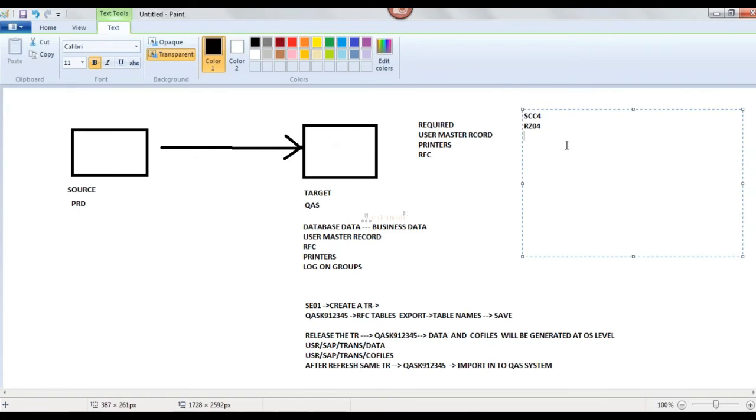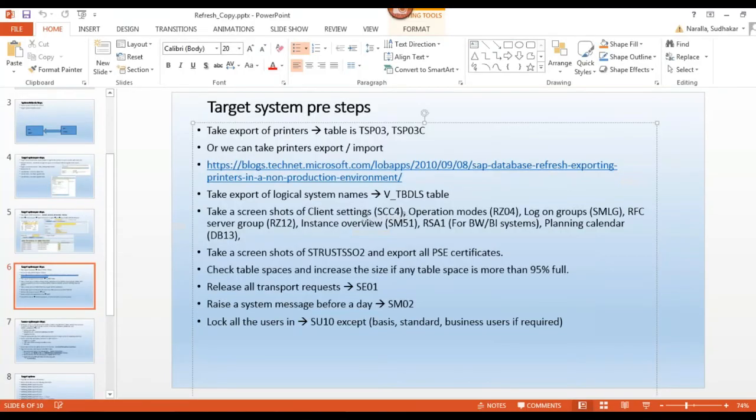If it is created, then take a logon group screenshot. The T-code is SMLG. These are the screenshots we are taking before refresh. Okay.